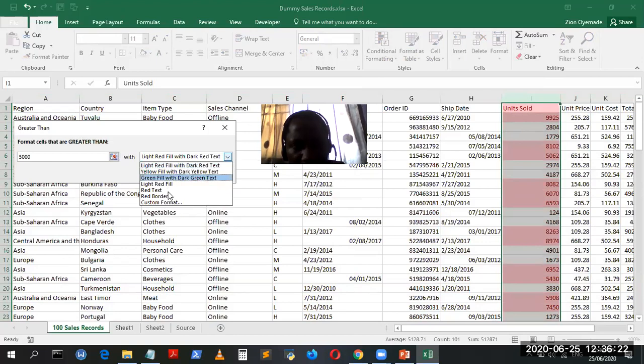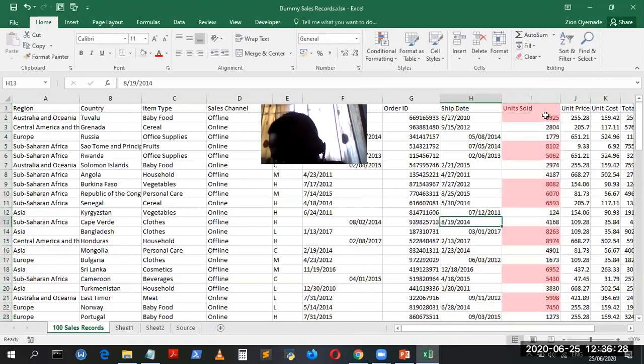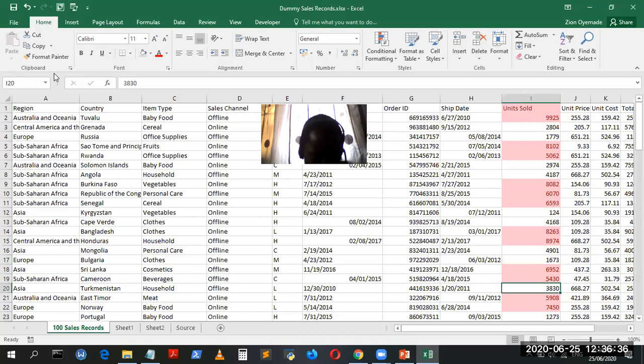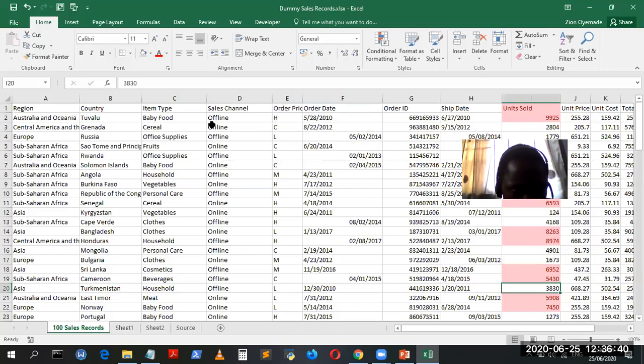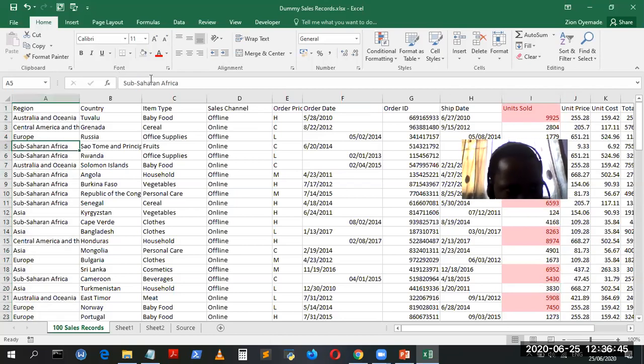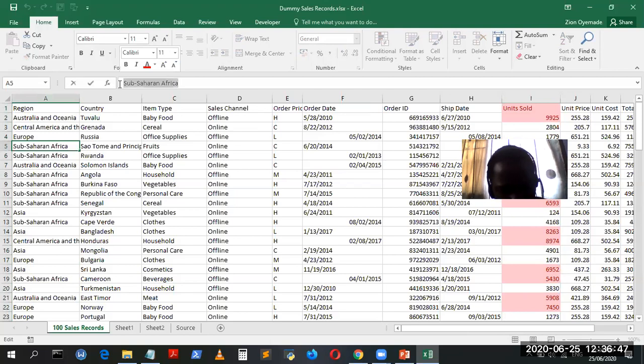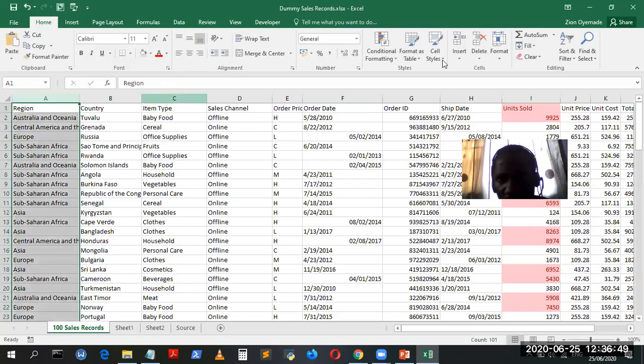Then I specify how you want it to be displayed, and so on, and that's it. As you can see, units below 5,000 are not highlighted. Let's come here. If, for instance, I want to highlight only for sub-Saharan Africa,